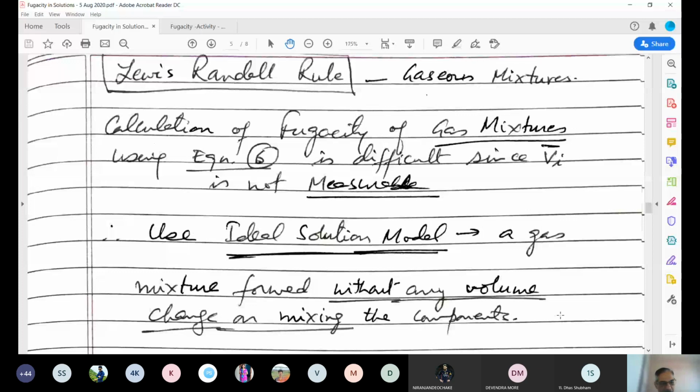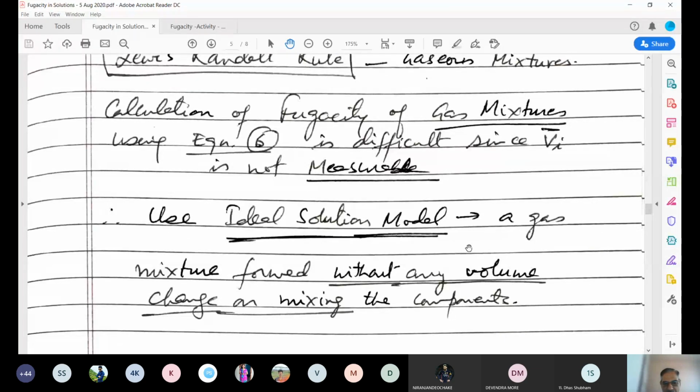एक approximate model रहता है, एक accurate model रहता है. Approximate models are useful where you don't want very accurate data. You use a rigorous model or more complex model when you want more accurate data or prediction. So different models have different uses. Some are useful in some situations, some are useful in some other situation. So we define ideal solution model,